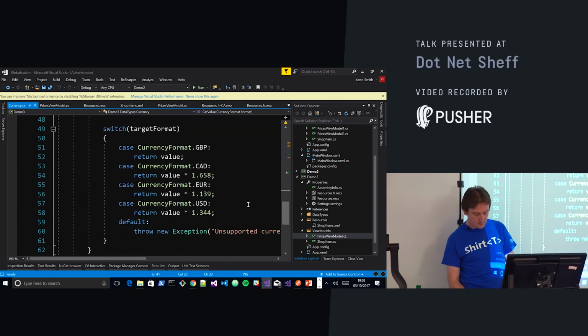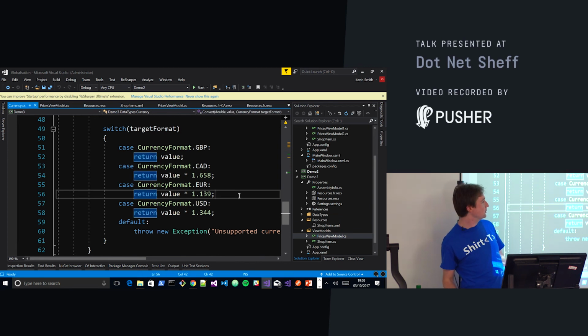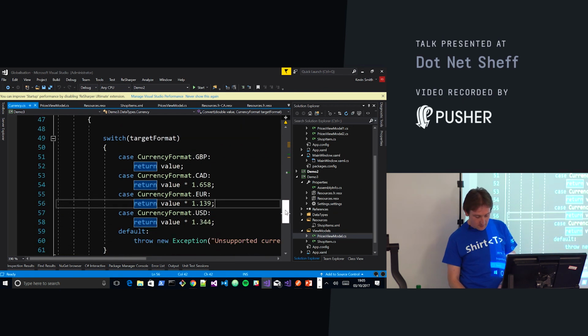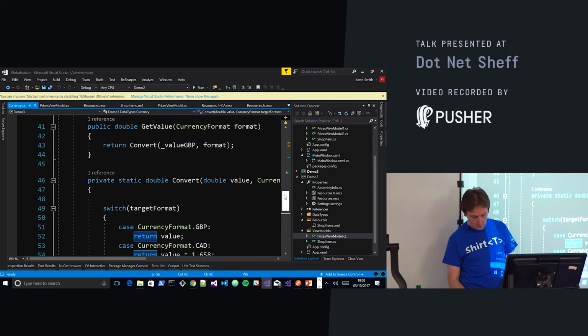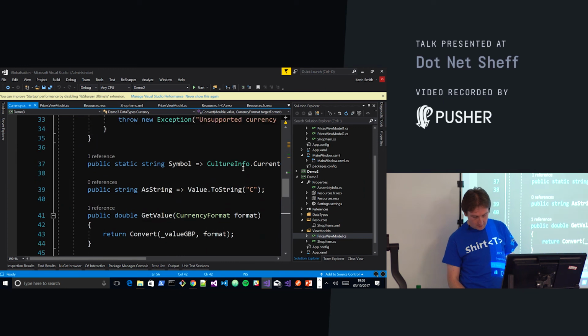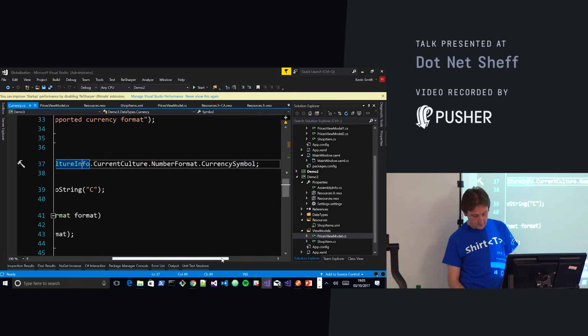And I didn't want to use an internet connection, so this is a great way to do this, by the way, but I think pretty much you could just multiply it by 1 these days, couldn't you, for euro. So this will take our currency, convert it to the right currency based on where you are. We also can display the correct currency symbol by doing culture info number format currency symbol.